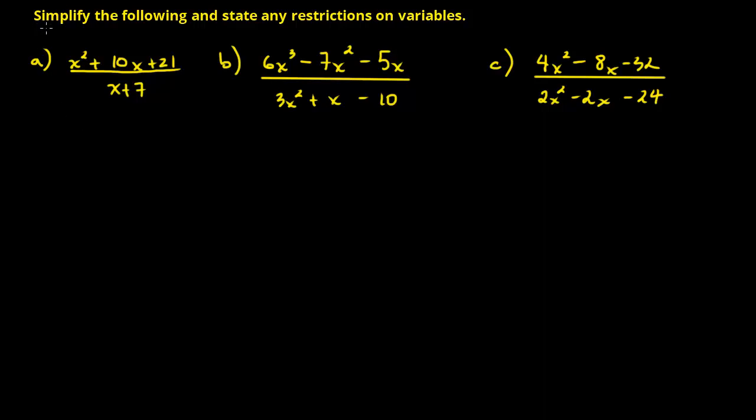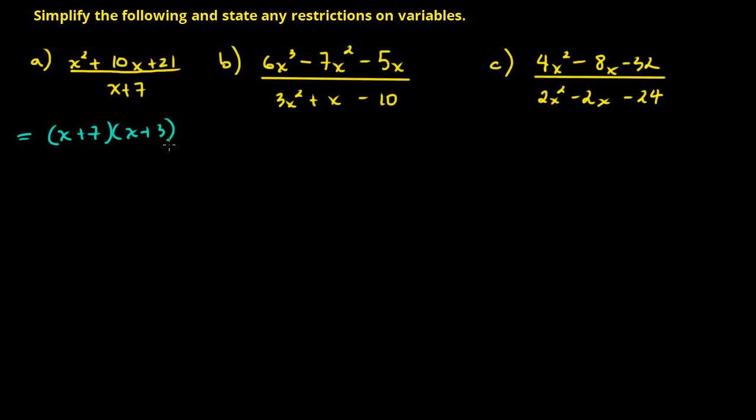Hi everyone, in this video we're told to simplify the following and state any restrictions on variables. So the first thing that we're going to do is we've got all these rational expressions, and in A we're asked to simplify x squared plus 10x plus 21 divided by x plus 7. So the first thing I need to do is figure out what the factors of the numerator and denominator are. And to figure out the factors, I can just factor the numerator. The numerator factors to x plus 7 times x plus 3